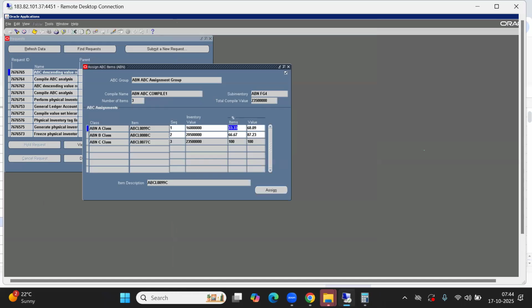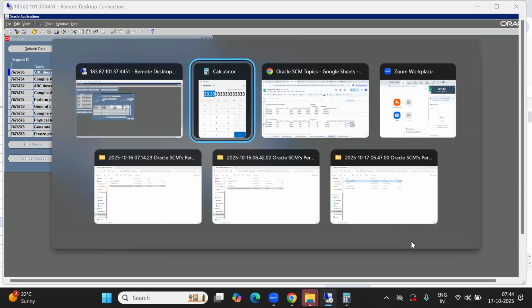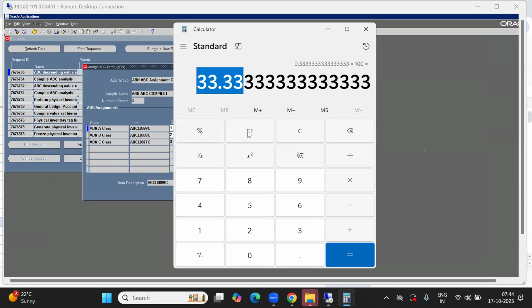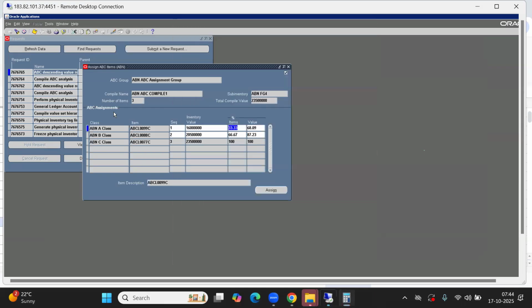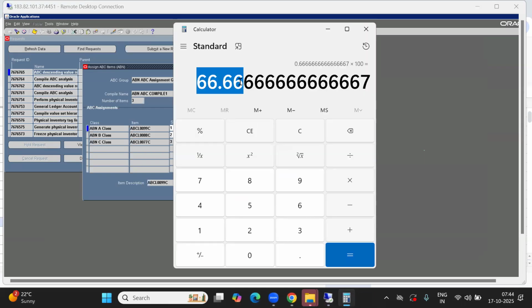So second sequence by third sequence, that is the next calculation here. Second by third multiplied by 100. Okay, 66.66. See, 66.66. Since it is above 5, right? So it becomes